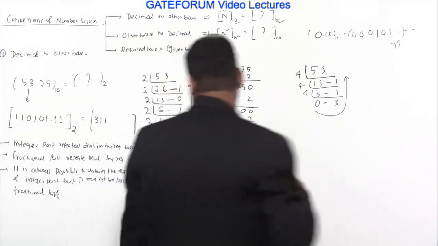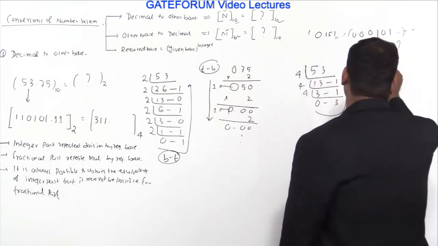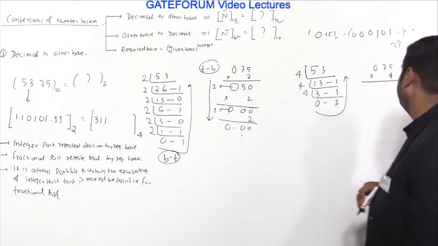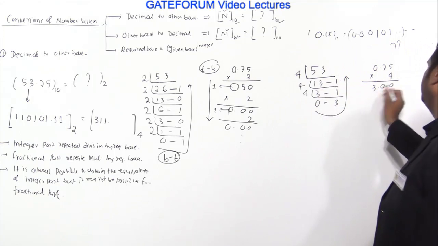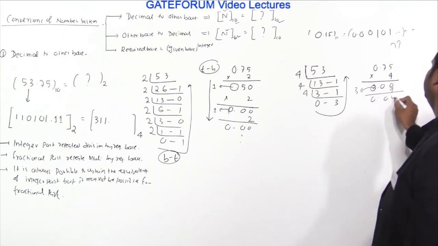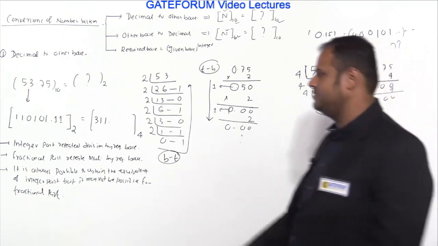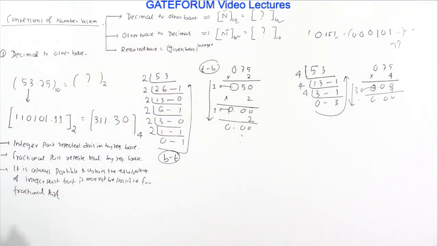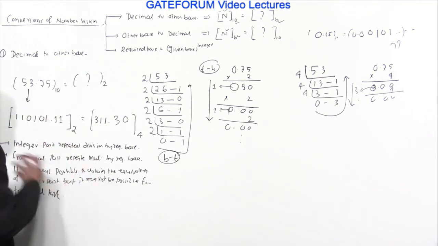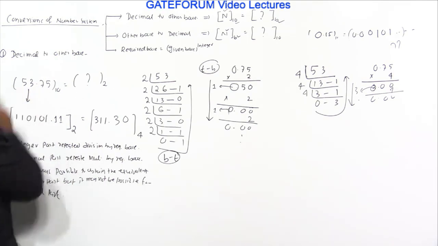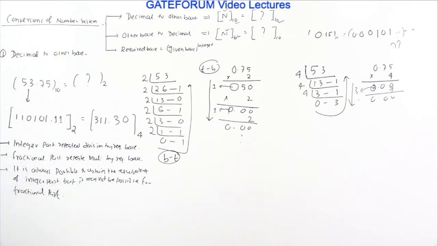Okay, so this is 311, the integer part, and coming to the fractional part, 0.75 into what should you do now? Into 4. So what is it? This is your 3.00. As I said, you make it 0, you have to take it out, this is 0. So you will get 0 if you multiply by 4, it is 0.00. So now if you see, this happens to be only 30. So 311.30 is the base 4 equivalent of this. Okay, so when we convert this to decimal next, we should get the answer as 53.75. Okay, so this is the model.